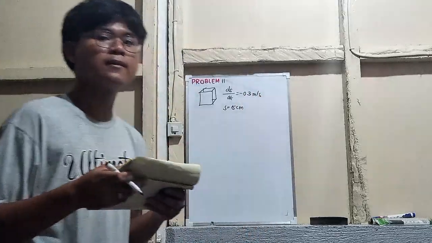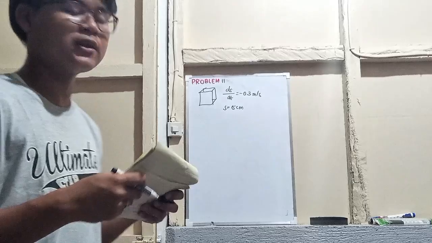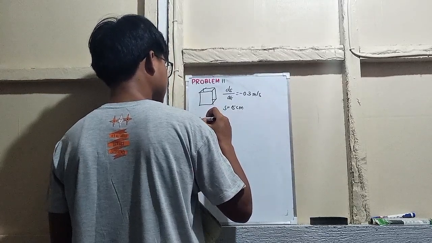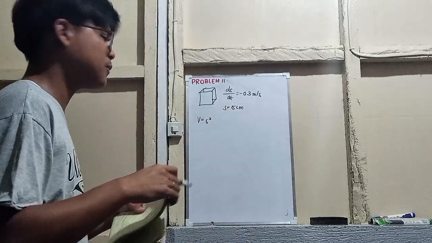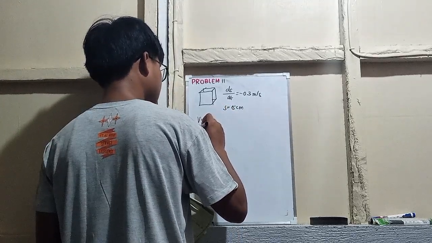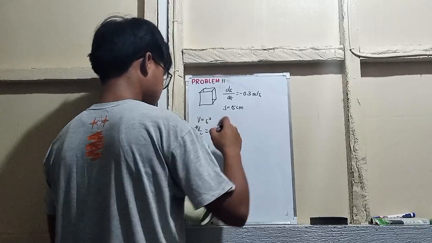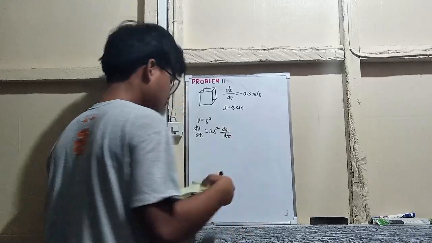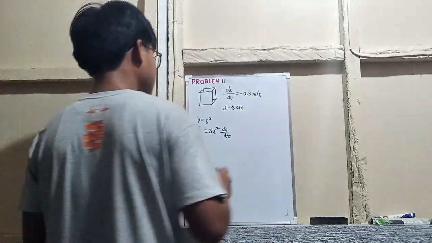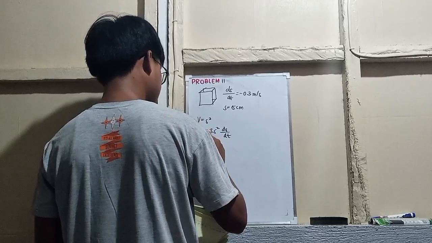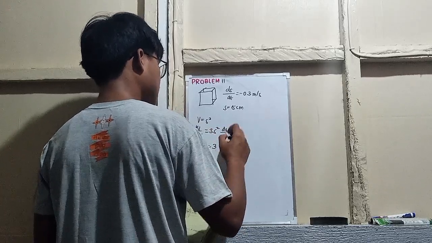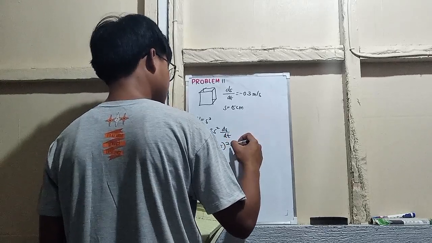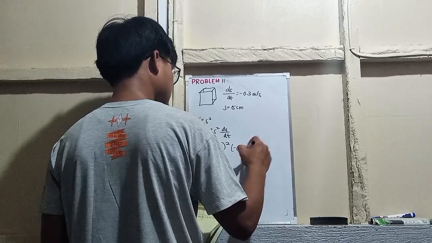Then we'll compute the rate of volume. So we all know that the formula of getting the volume of cube is equal to s cubed. Then we'll differentiate. So dV over dt, then s cubed as 3s squared ds over dt. Now, we'll substitute the given into the formula. So, dV over dt, we have 3, then substitute the 5 as s. Then our ds over dt is equal to negative 0.3. Then solve,